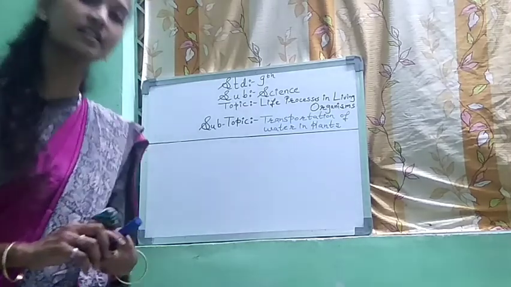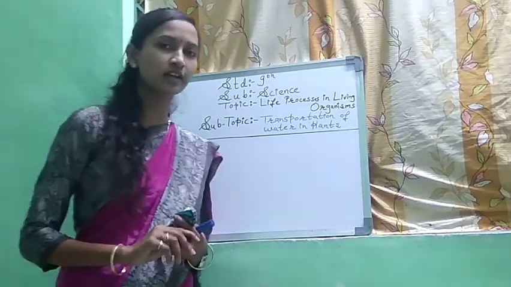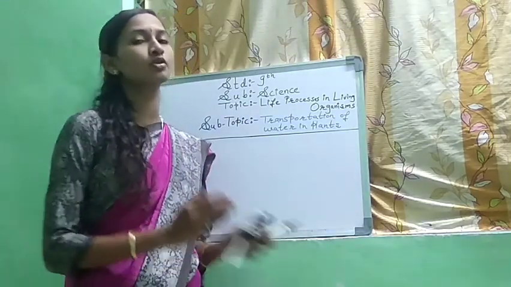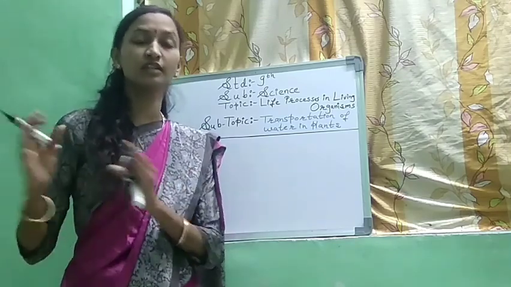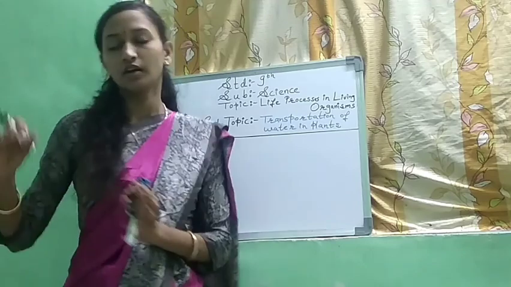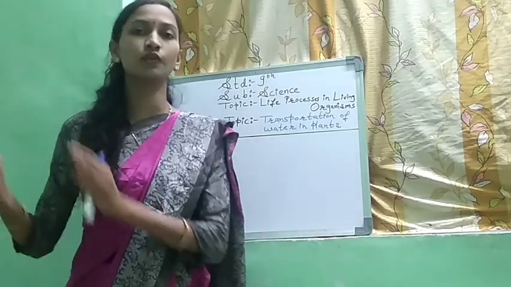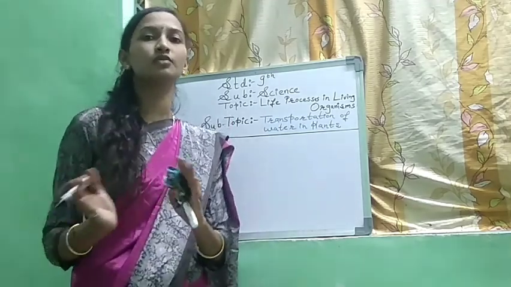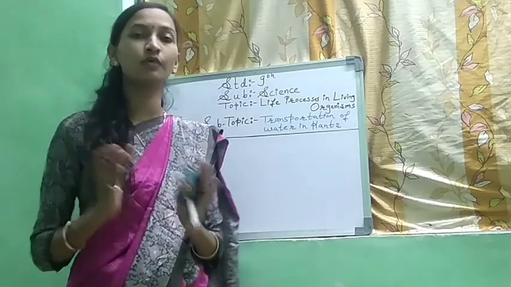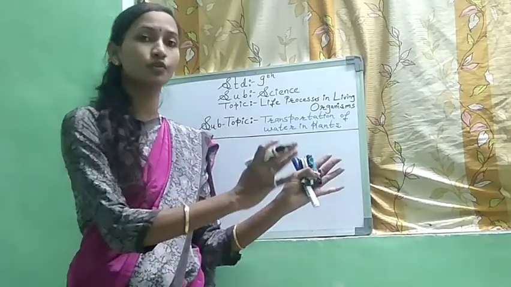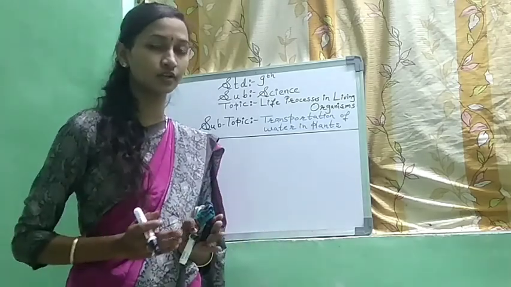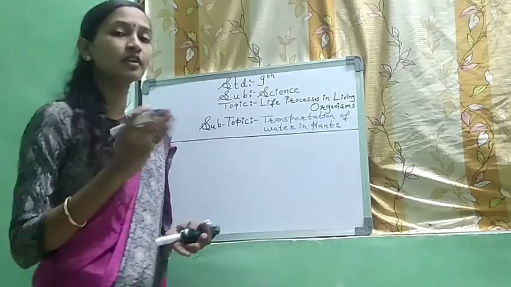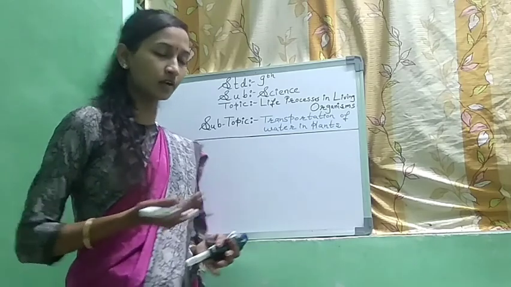So students, as you have seen the video, all the concepts about absorption of water with the help of roots will be clear. The water molecules as well as minerals were absorbed from the soil, and with the help of root pressure they were pushed forward and ultimately reached the xylem, which is a conducting tissue. That xylem will conduct water throughout the plant body.